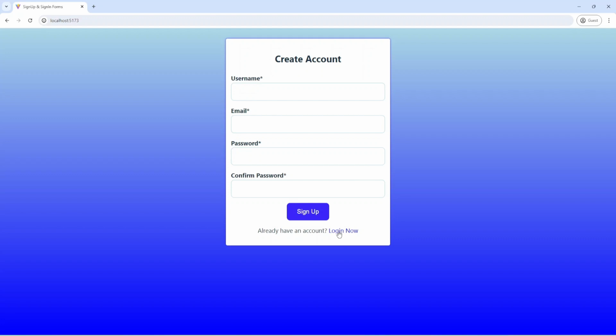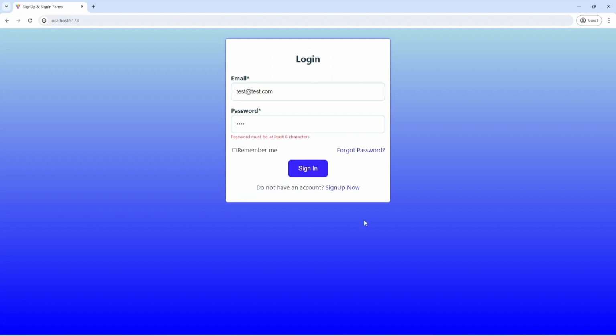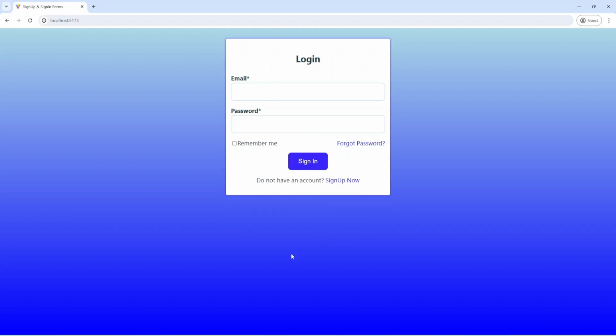And now I'm going to return to my login form and provide some email like test and press sign in. And as you can see, we have browser validation to please provide a valid email. I'm going to provide a valid email and press sign in. And we have validation that please fill out this field. I'm going to provide some value, and I need to provide at least 6 characters. I'm going to type more and press sign in, and the form was submitted.